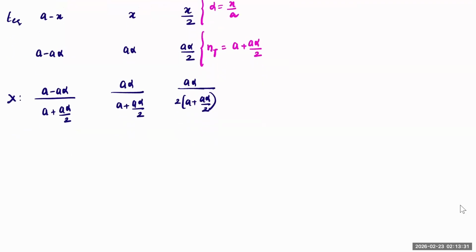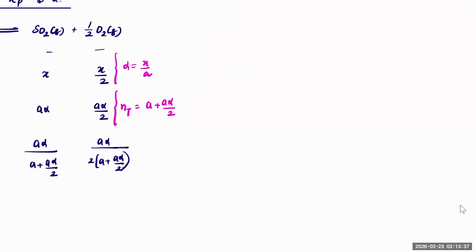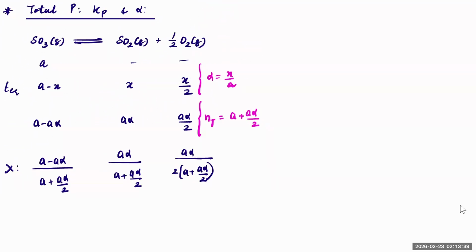So you could clearly notice that the A value is anyway getting cancelled. That's why it doesn't matter whether you start with initial A moles or whether you start with 1 mole. Okay. Having said that, now if you write in terms of